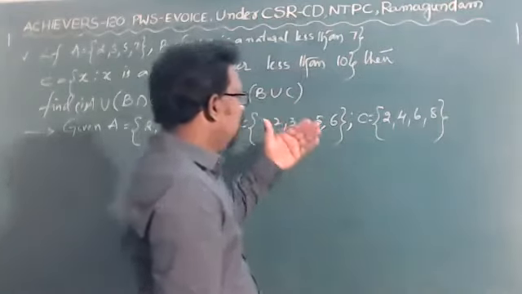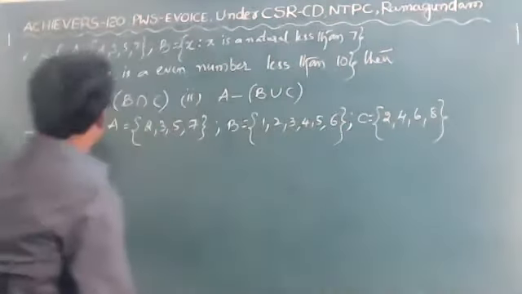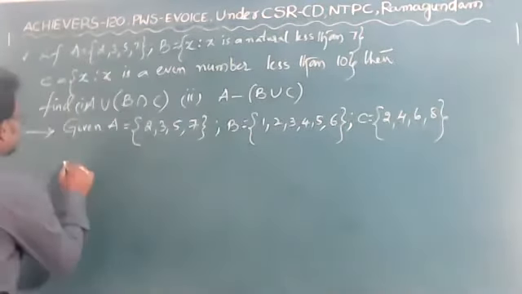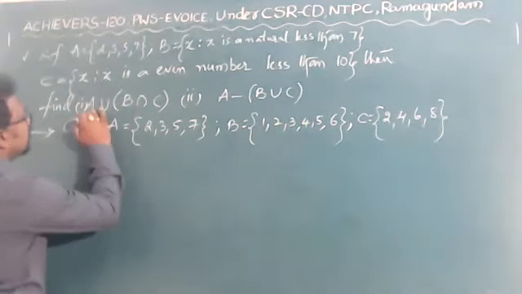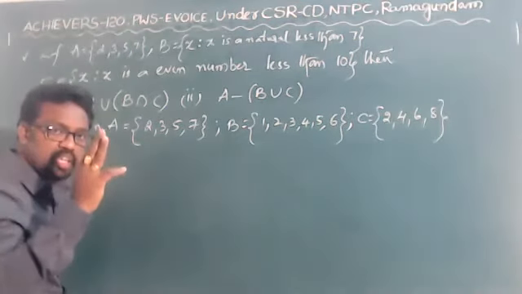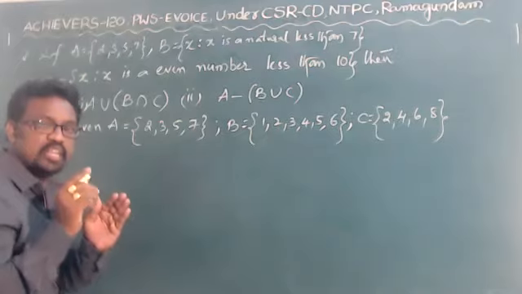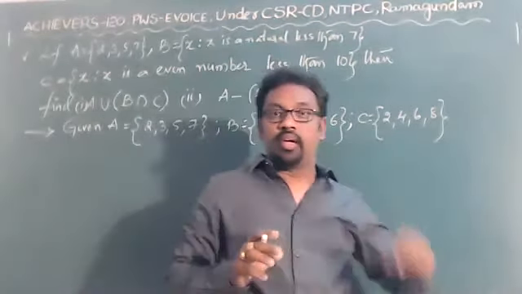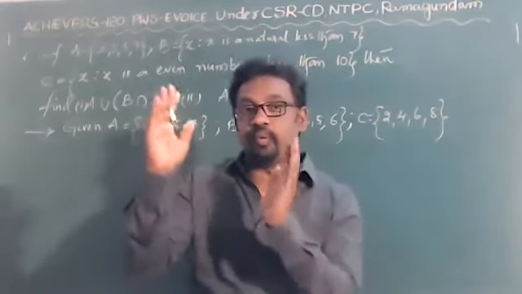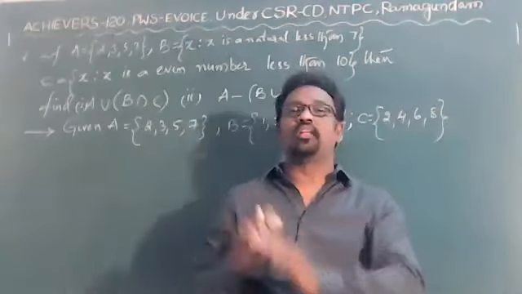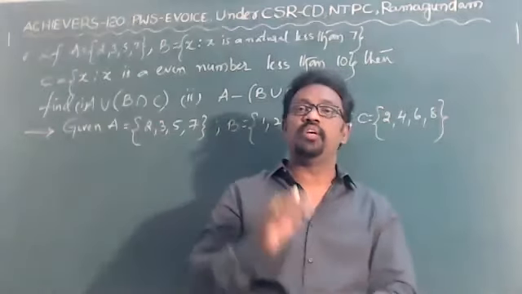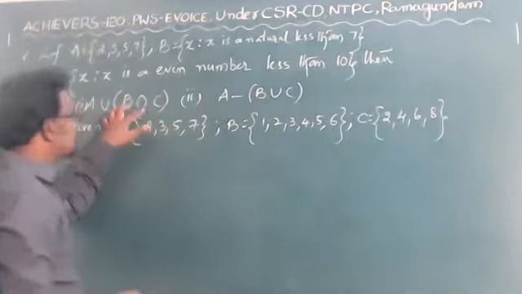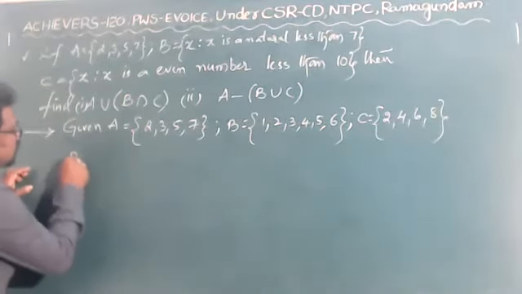Everything was developed and enlarged in this. Okay, fine. Now we will do the question: A union of B intersection C. But here, you should not take the 3 sets directly. You have to maintain, first of all, what is within the brackets. Yesterday we completed the Venn diagram. How did we do it? First we completed within the braces, then we came to the third set. Here also, same like that. First of all, find what is in the braces. In the first question, B intersection C.